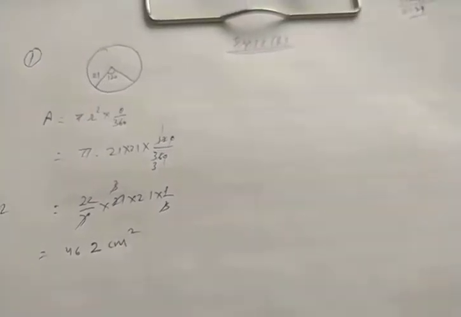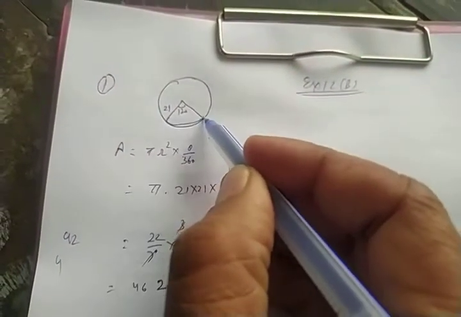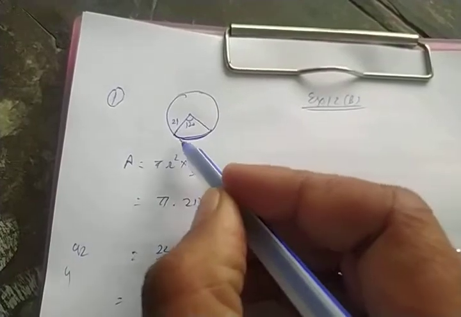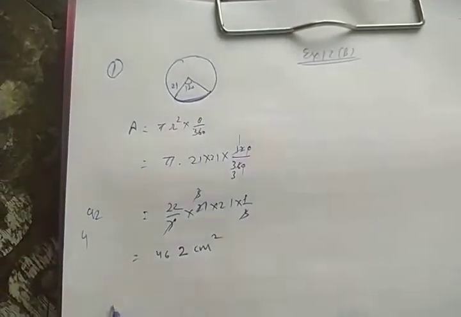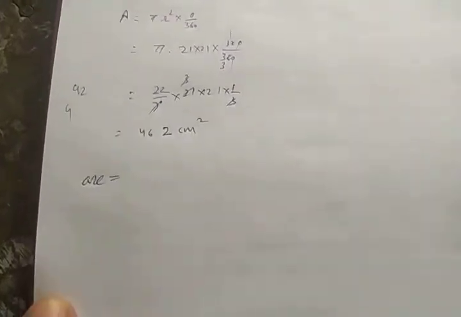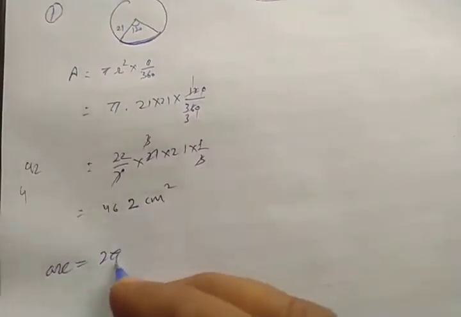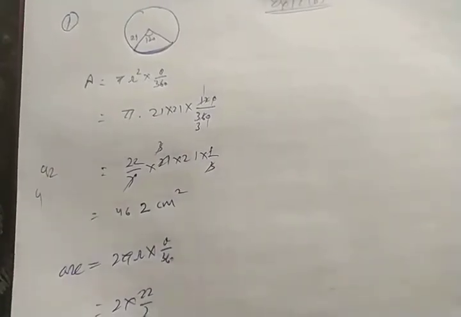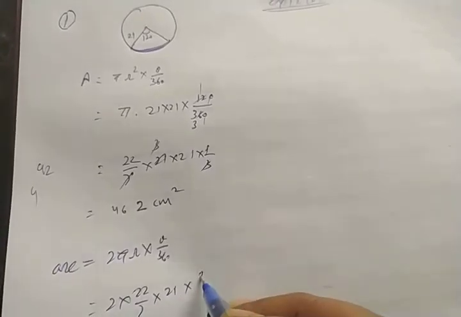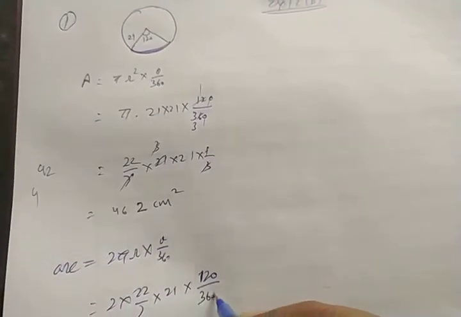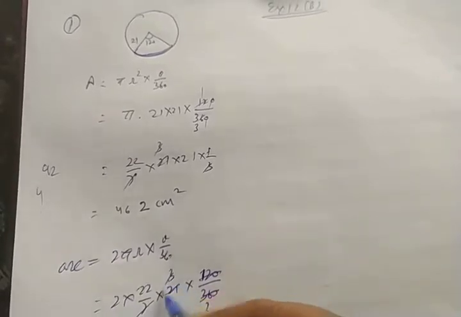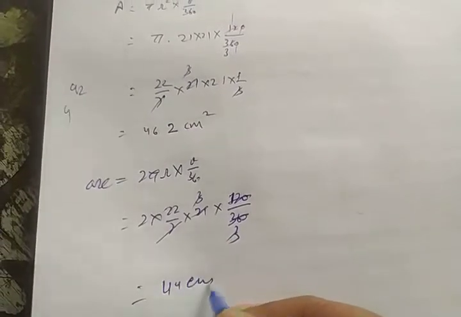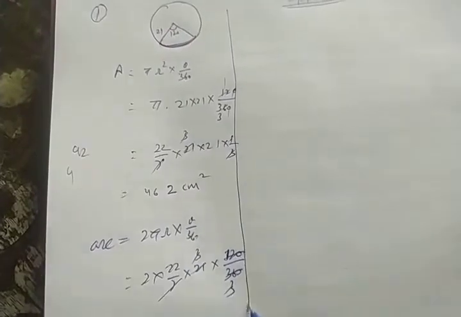Now the question is also asking for the length of the arc. This much part is called the arc. This is the arc only. The total length of the circumference is 2 pi r. The length of this arc will be calculated by the same formula, 2 pi r into the factor theta upon 360. So 2 into 22 upon 7 into r is 21 into theta means 120 upon 360. This will go 3 times 7 is 21, and 12 twos are 24, giving 44 centimeter. This is the length. This was a simple question which I told.